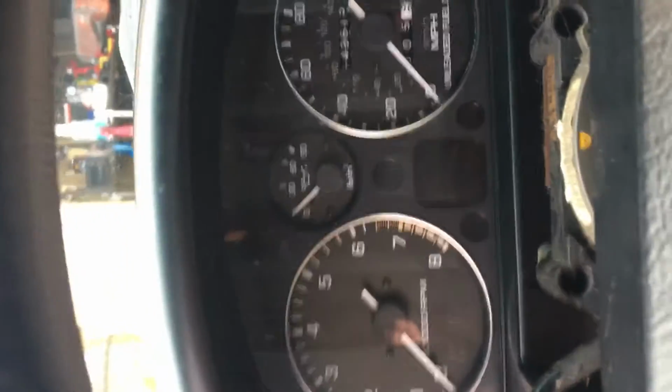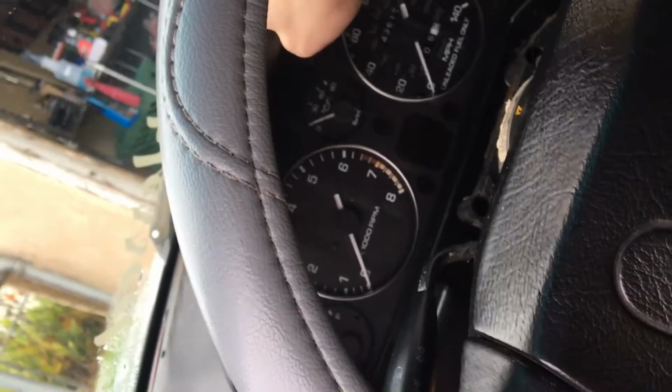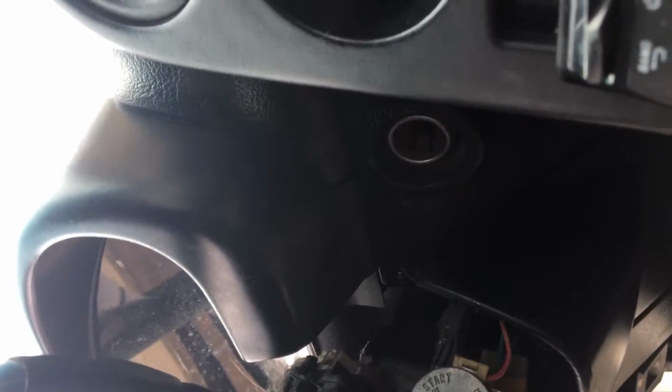Alright, so you want to remove the screws down here. And a little tug of war. You just yank that off, and it should be a cluster. Once you get that off, you want to put a little...